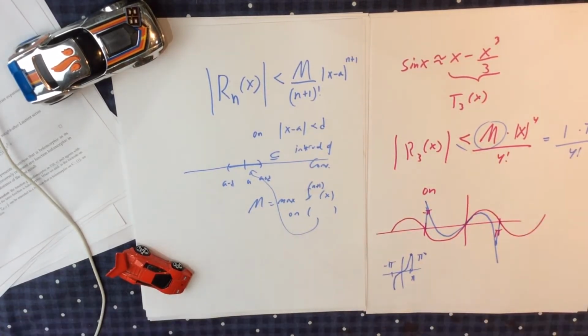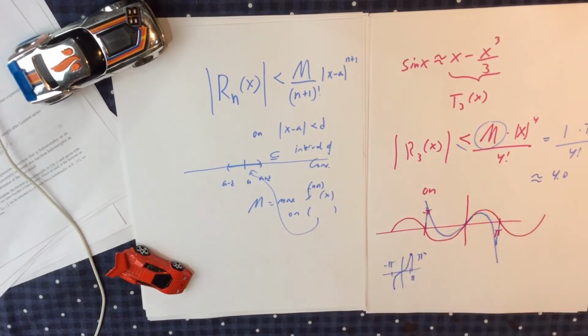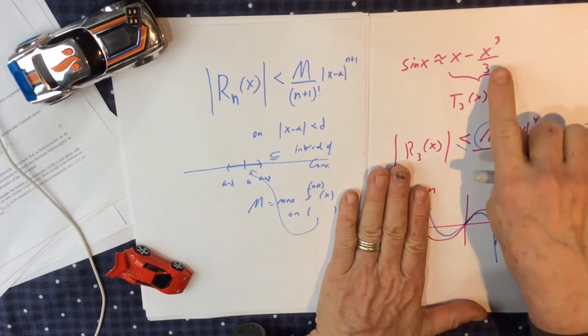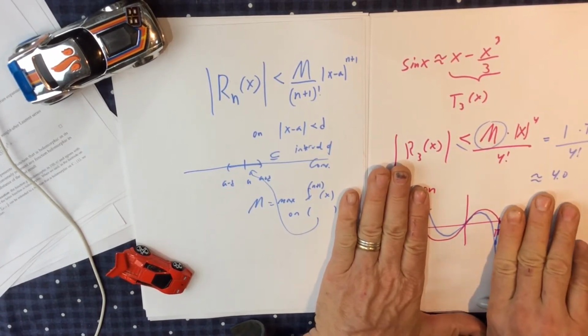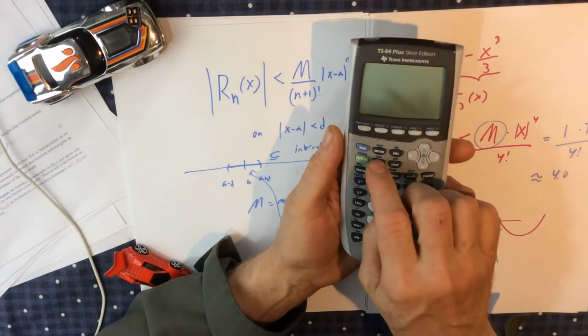And if we take out our calculator and calculate that, this is approximately 4.0. So it says that in this interval, this is not a great approximation to the sine wave. But I'm going to graph it anyway. So I'm going to take my calculator,